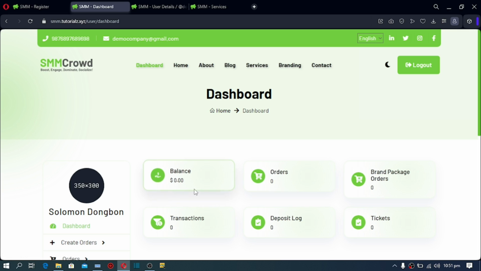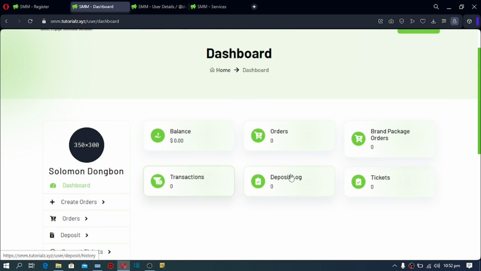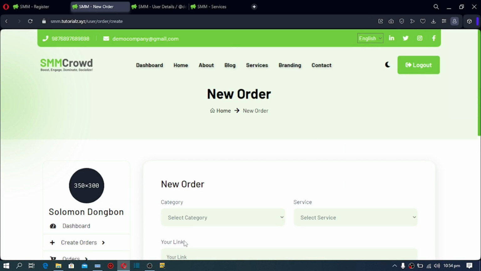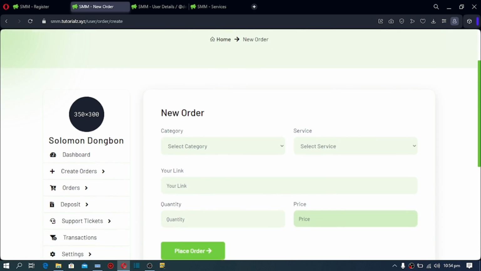They have their balance here, total orders made, total package orders, total transactions, deposit log, and then total tickets. Your users can place an order right away on their dashboard by clicking on create order. After that, they'll click on new order. They are brought to a page like this after clicking on new order, and they'll be able to place an order